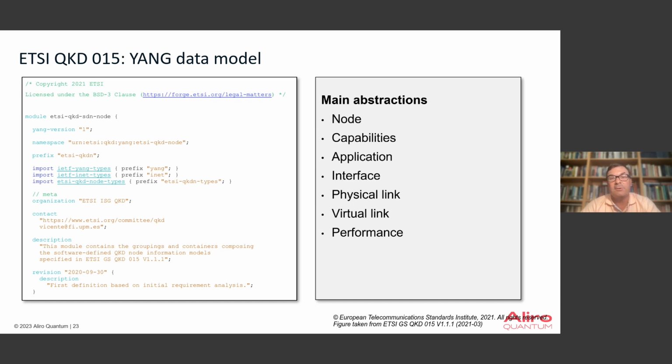And you can configure and monitor key generation sessions that each node participates in. These key generation sessions are very confusingly referred to as links in the specification. These links can include trusted relay nodes using a concept that's referred to as virtual links in this specification. This Yang data model even allows you to configure quality of service parameters for the key generation sessions, such as